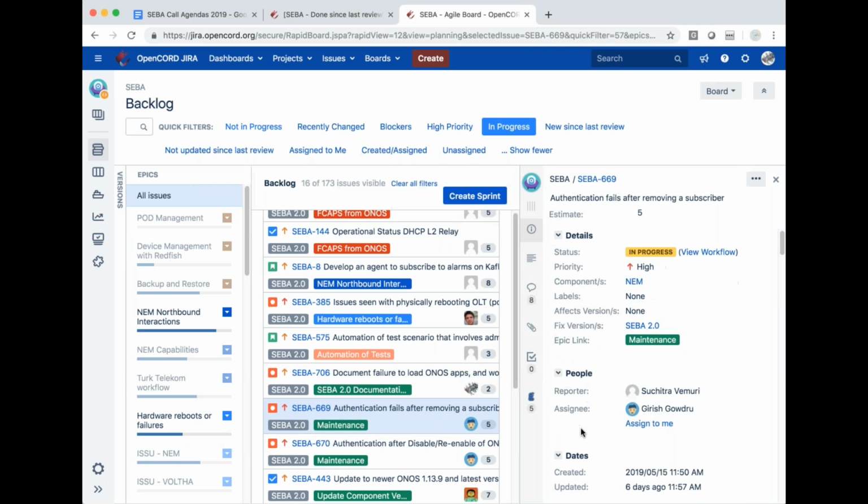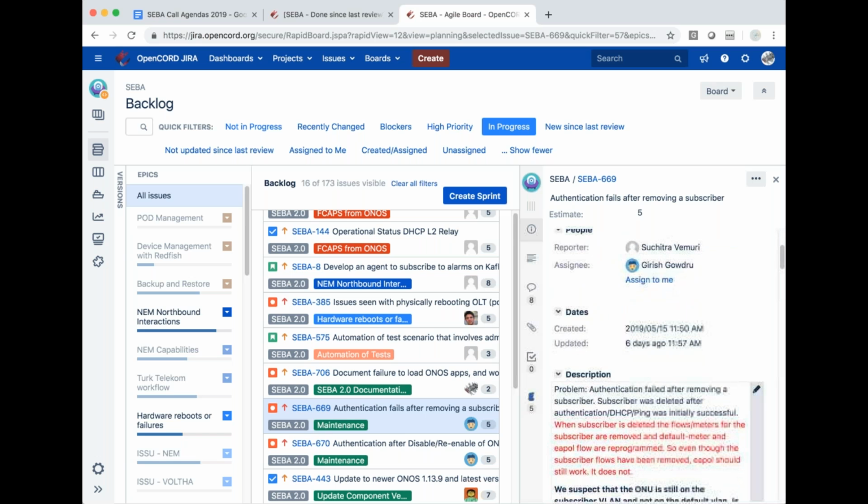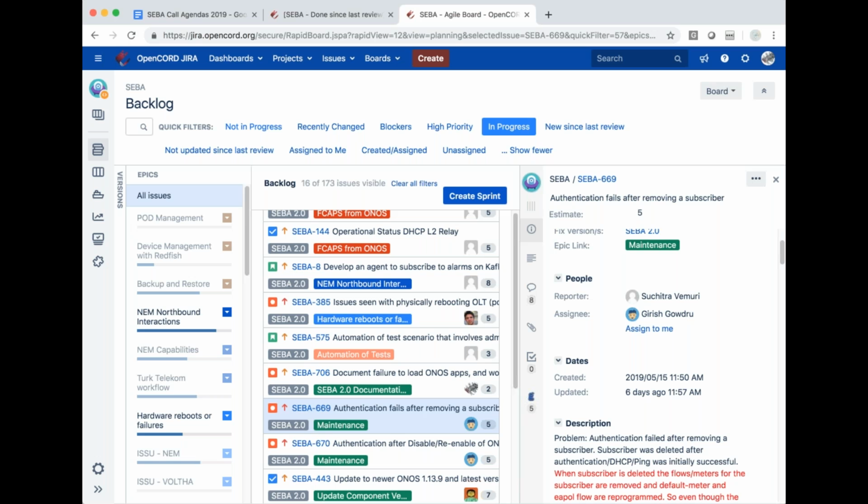The next item was 669, authentication fails after removing subscriber. This was reported by Suchitra and Girish was working it. Is Girish on? I can speak to it then.